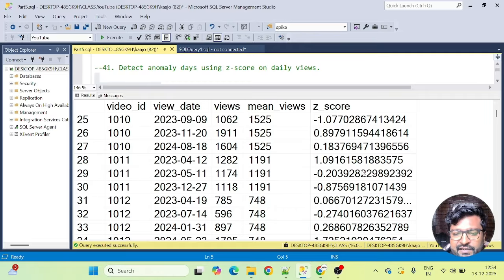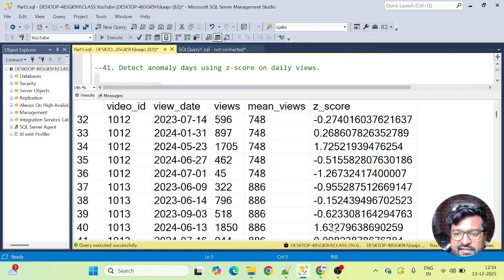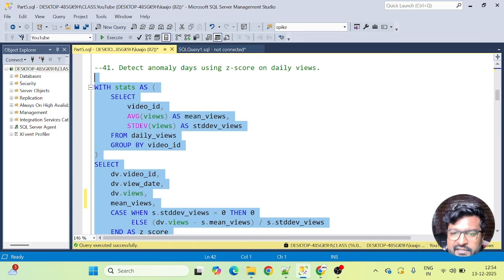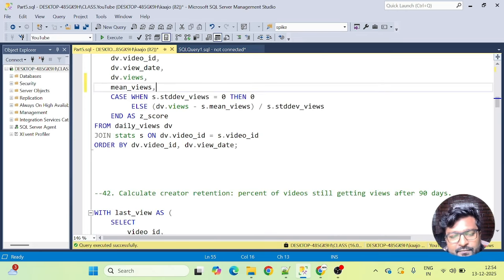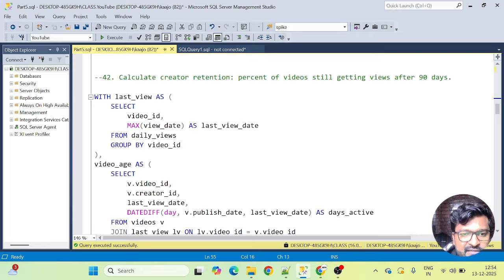For example, we can check if there is any value here which has increased by 1.5 or decreased by 1.5. Those records we can treat as anomalies. It can be simply done using a case statement. I'm not going to do that, so I would request you to do it, and let me know in the comments if you face any difficulties. I'll definitely get back to you. Okay, so I'll go to the next question now. Let's try to quickly wrap this up.